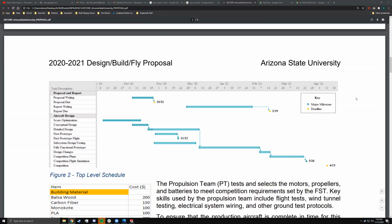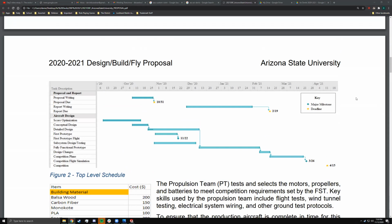So yeah, to the team leaders that I've called out in this discussion, do you want to drop your emails in the chat, I guess, your ASU emails? And if you're interested in joining each of these sub-teams, I recommend you reach out to whoever the lead is of that sub-team